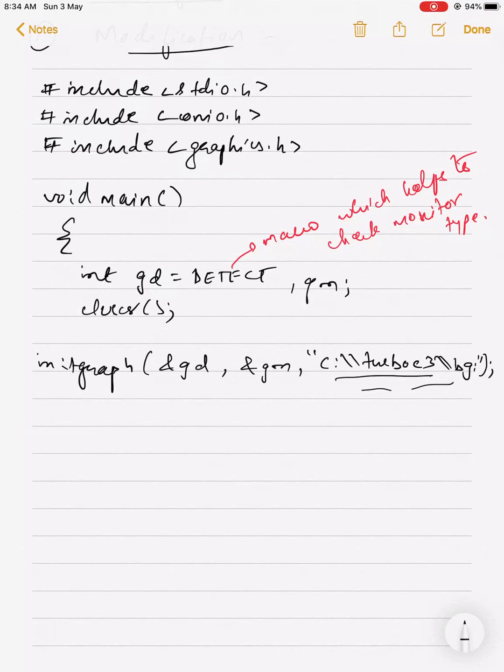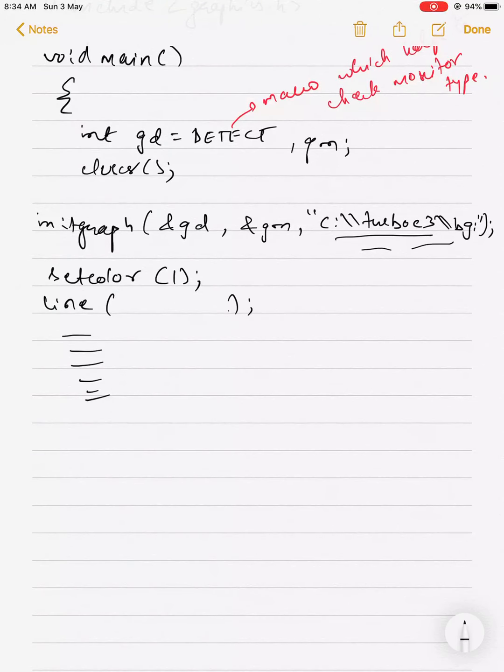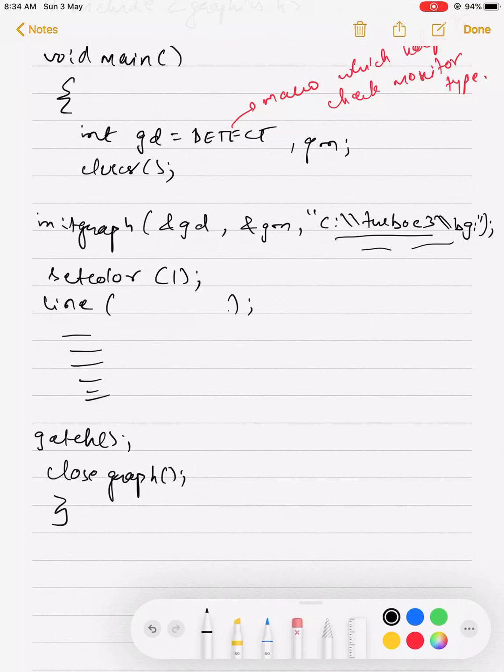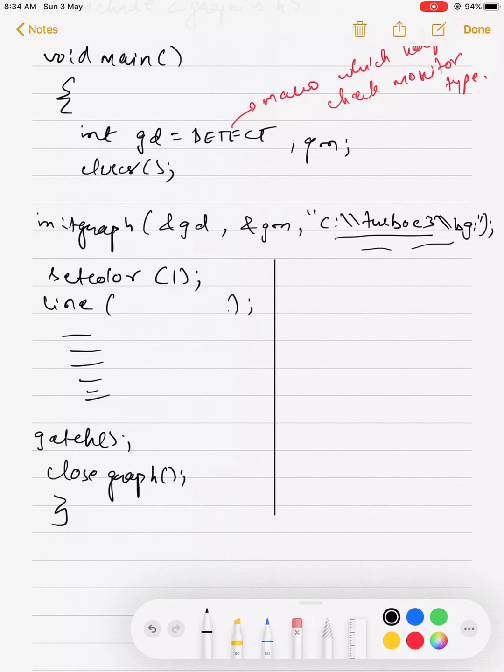Now what I'm trying to do, setcolor 1. Setcolor 1 means blue color. Background I don't want to keep, I don't want a background. And then I'm typing all the things available in the modification program. You have to type all these things. Check the output. After this, do getch, closegraph, the close graphic system. Check the output. What is the output that you are getting? In the output screen,